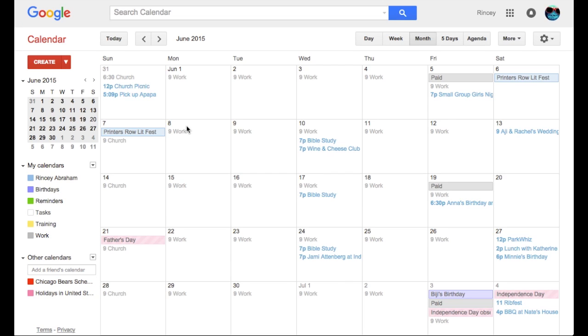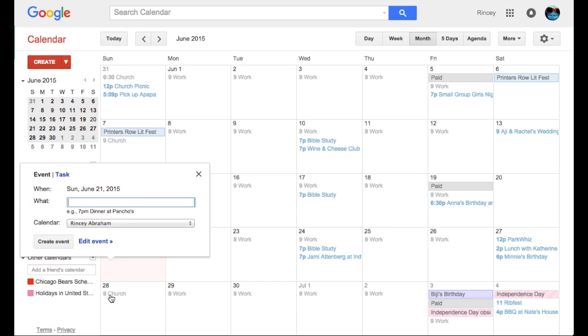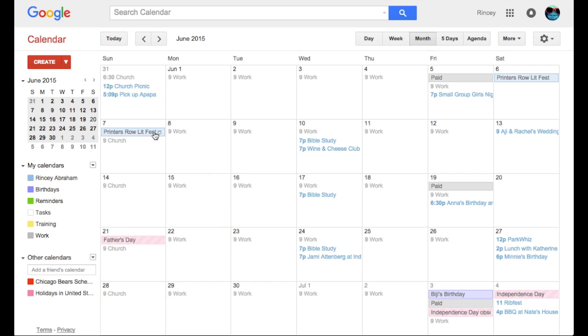The nice thing about Google Calendar is you can make things a repeating event. So I work the same shift every single day at the exact same place, so I just have this in here repeated. Also, every Sunday I go to church, so I automatically have that in my calendar every single week. That way when people ask, what are you doing on the 14th of June, I'll say, well, I have church in the morning and I have nothing else going on, so I'm free for the rest of the day. And then the other reason why I put it in my calendar every single day is